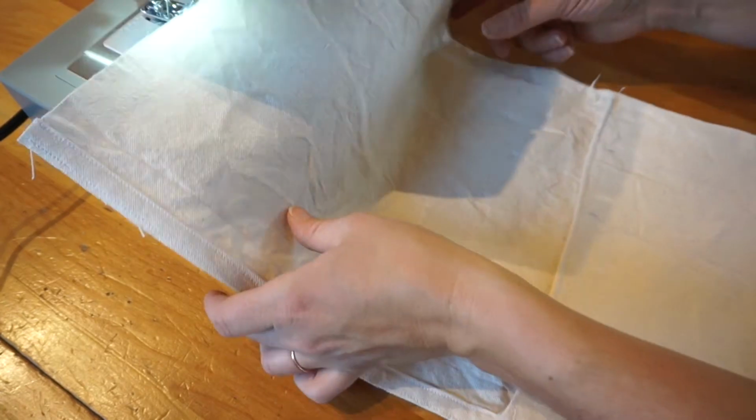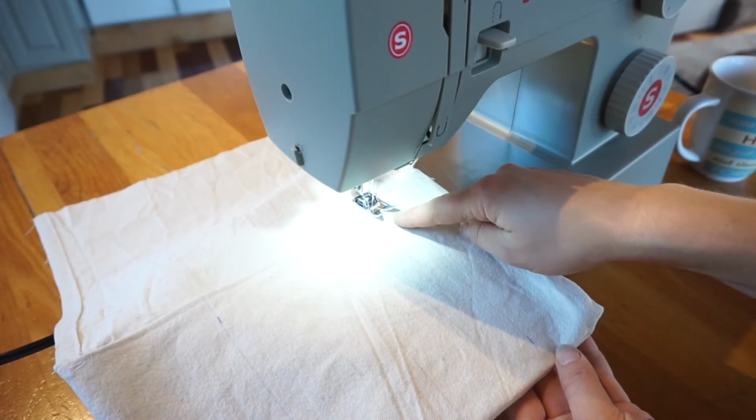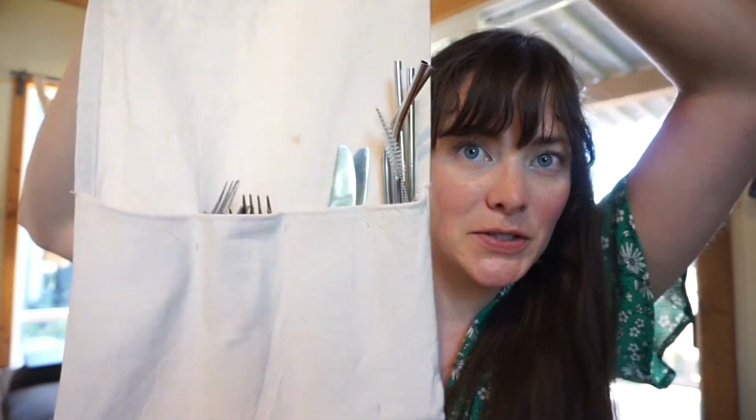and I'm doing it at family size because, yeah, just for family outings. Now we're just going to run going straight. I'm going to back stitch on the bottoms and the tops just to secure it. Well, I've sewed it all up, and I actually put all of the cutlery in there so it all fits